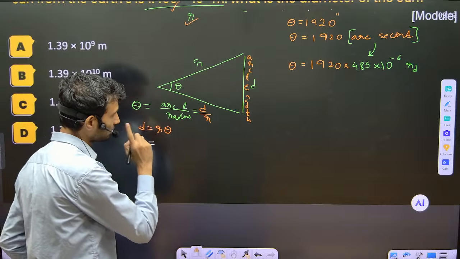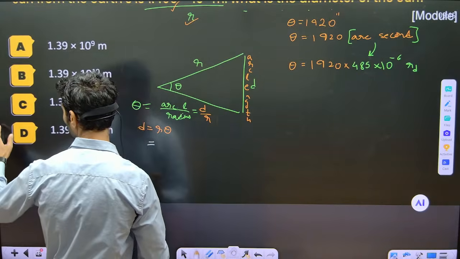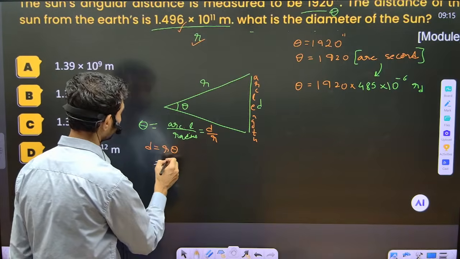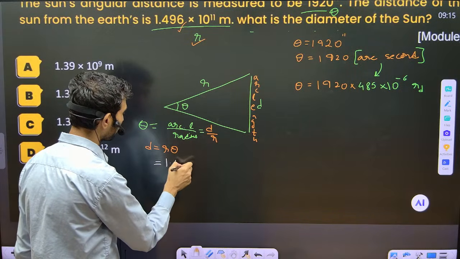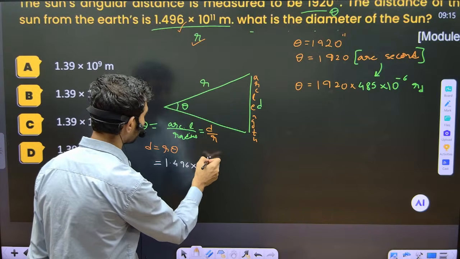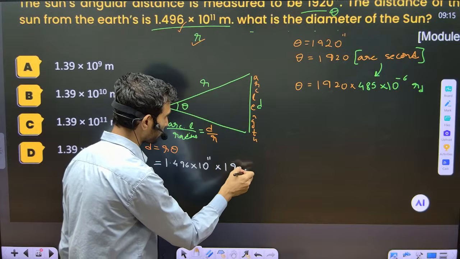D is r theta, r into theta. R is how much? R is that value, 1.496 into 10 raised to the power 11 into theta. Theta is 1920 into